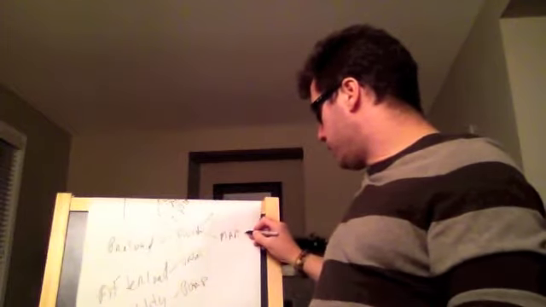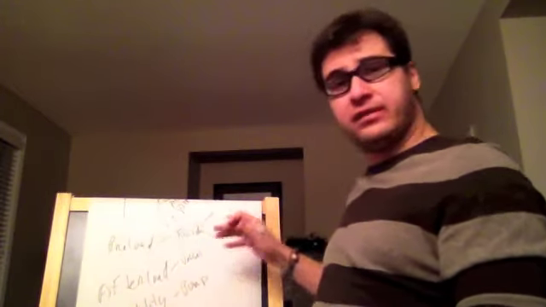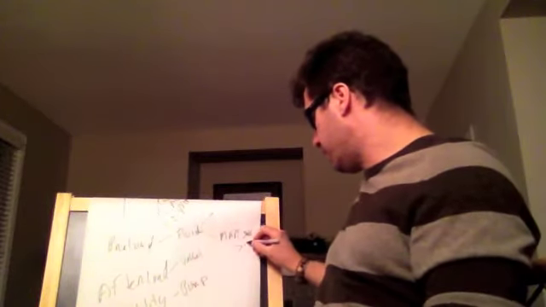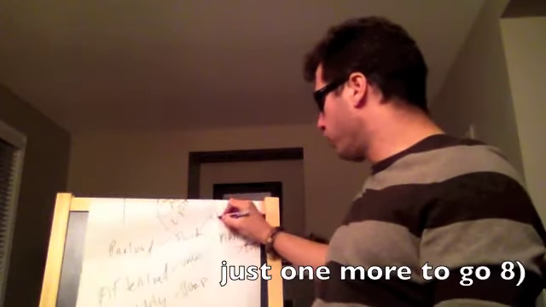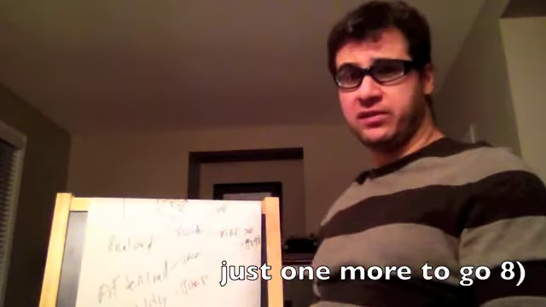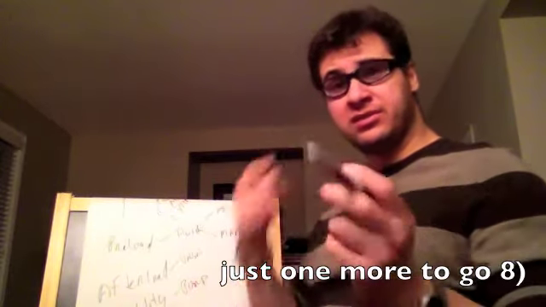So you want to keep your MAP a little bit greater than 65, and in some cases greater than 90, and we'll talk about it in a little second, between 80 and 90. Or your pulse pressure. And pulse pressure is very easy to calculate. All you do is you take your systolic minus your